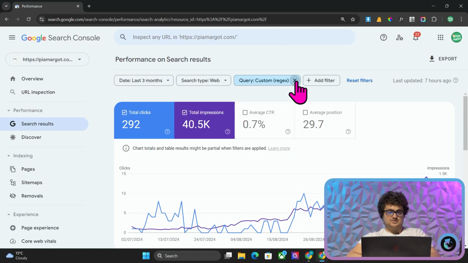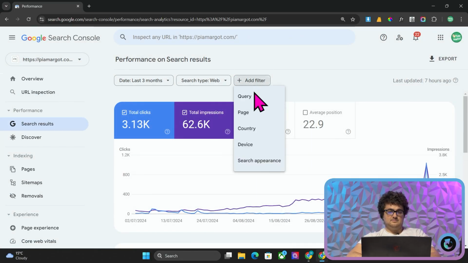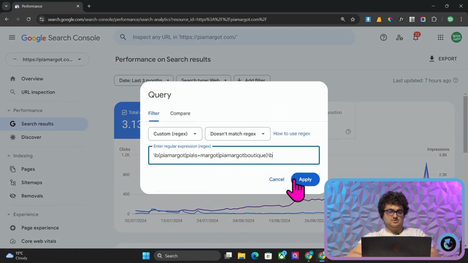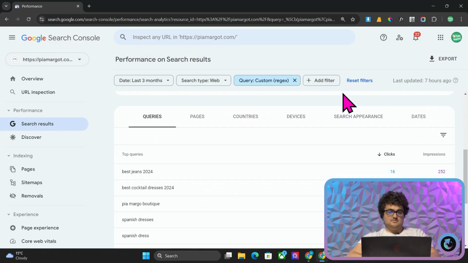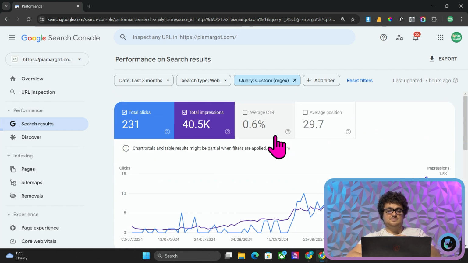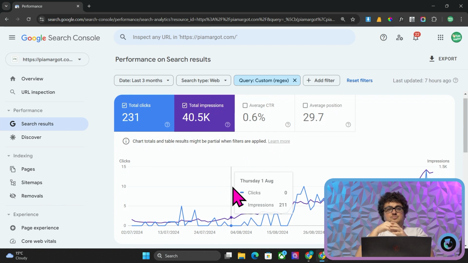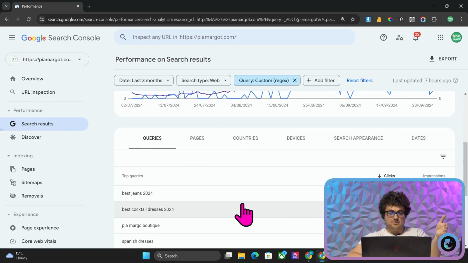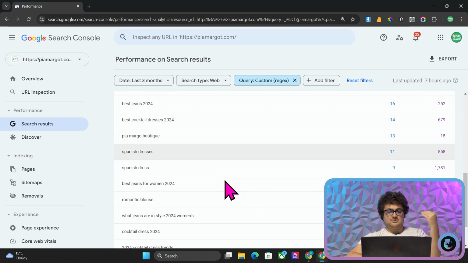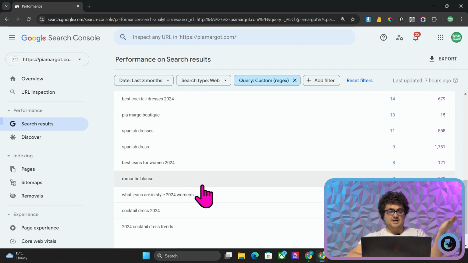Okay, and then we're going to copy this, and we'll do add filter again, query, custom regex, does not match, apply. Okay, beautiful. So the only one here now is Pia Margot Boutique, but that's fine. This is a much better solution to the problem, right? Because now we've removed the brand searches and we're just keeping what we care about, which is things like best jeans 2024, best cocktail dresses 2024, Spanish dresses, Spanish dress, best jeans, romantic blouse, etc.,